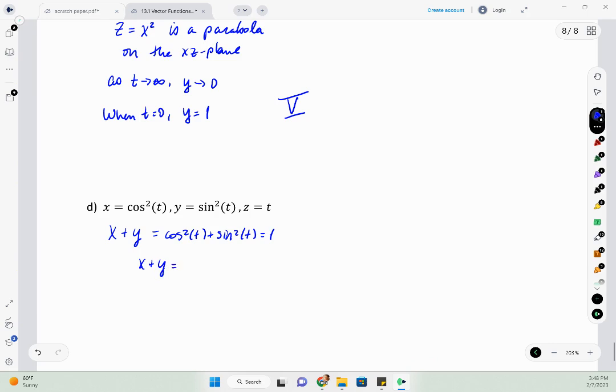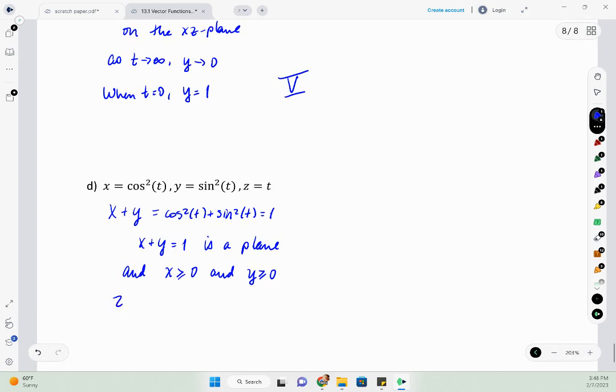X plus y equals 1 is a plane. If x is cosine squared and y is sine squared, then we also know that x is greater than or equal to 0 and y is greater than or equal to 0. And then z equals t